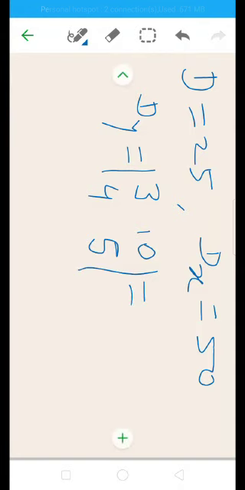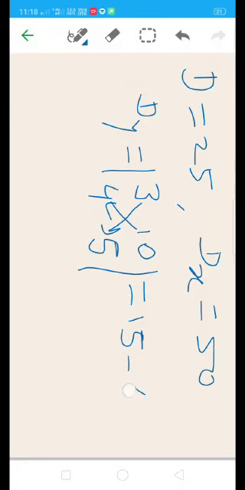3 multiplied by 5 is equal to 15, minus 10 multiplied by 4, that is 40. Okay. Then 15 minus 40, it becomes